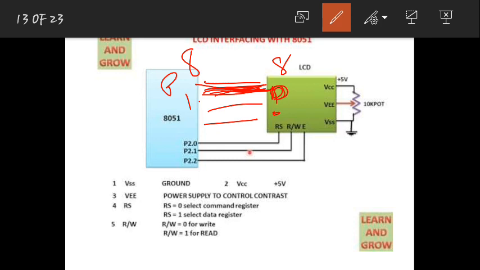Now one more thing: while sending this data, it can be a command or data. If I am sending a command, I make RS equal to 0, that means I am sending a command on this line. If I am sending data, I make RS equal to 1, that means I am sending data to the LCD.